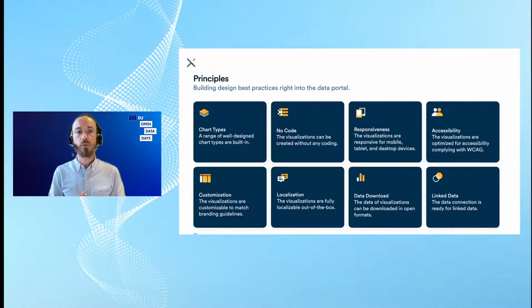So the current platform has a couple of principles that were important to us that we wanted to build right into the tool. First, there's a wide range of well-designed charts at everybody's disposal. All of those charts can be used without any coding skills required. All of the charts are completely responsive for mobile, tablet, and desktop devices. The charts are built in with a strong focus on accessibility, so they all comply with level AA of the